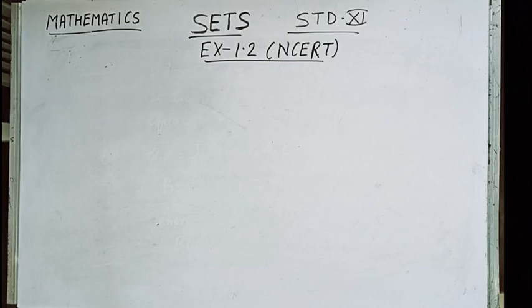The definitions were empty set. Now empty set is also called null set. I think I forgot to tell this. So keep in mind empty set is also called a null set. So I continue. Exercise 1.2 is based on the concept of empty set, finite set, infinite set, then equal sets, cardinal number of a set and equivalent sets.